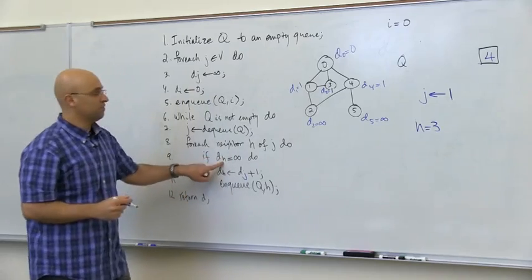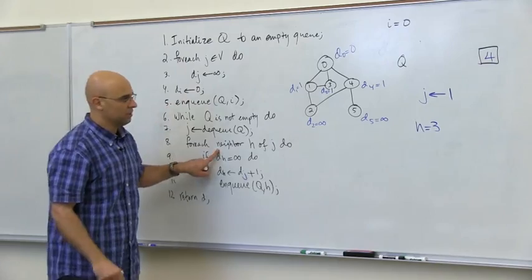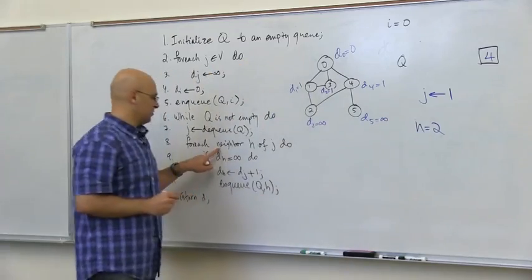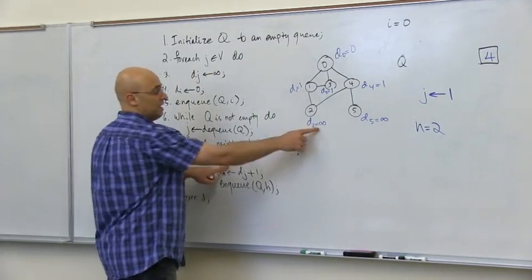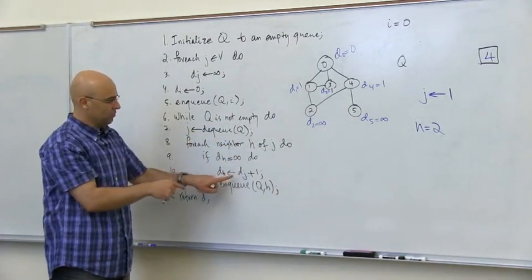Is d of 3 infinity? The answer is no, we don't do anything. We come back to our next neighbor. The next neighbor is 2, node 2. Is d of 2 infinity? The answer is yes. So now we say h is 2, d of 2 is d of j